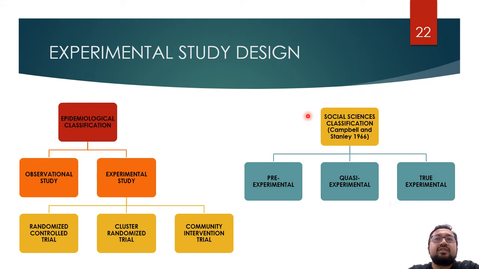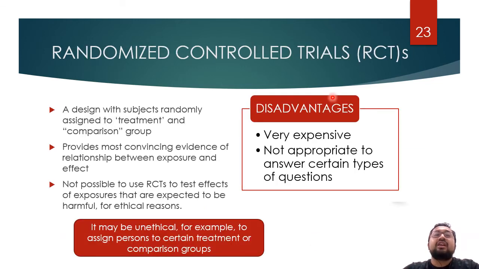So tadi kita dah go to dia punya experimental study design. Okay. Kita dah pergi ke pre-experimental, quasi-experimental and true experimental. Sekarang kita akan pergi ke in epidemiological classification in experimental study, either randomized control trial, cluster randomized trial and community intervention trial. Okay, in randomized control trial ataupun RCT, okay, it is a design with subjects randomly assigned to treatment